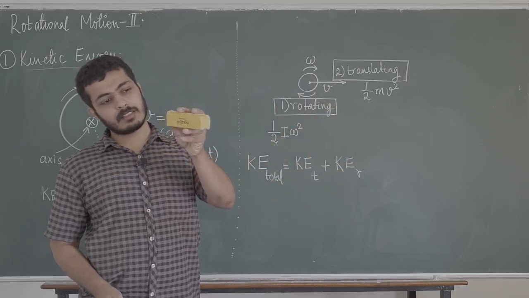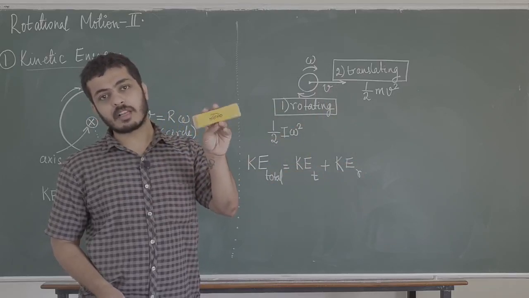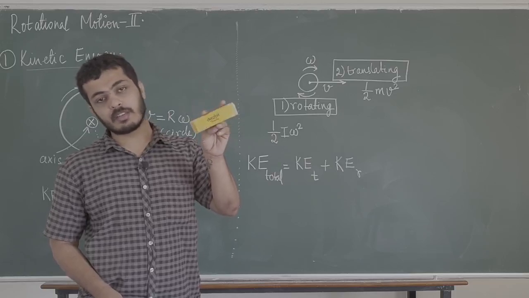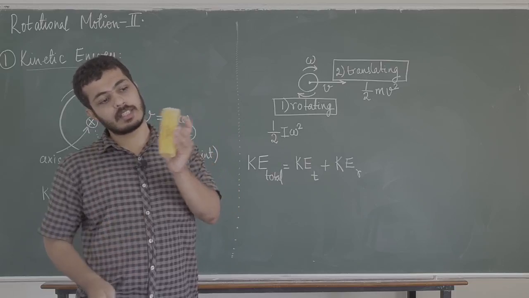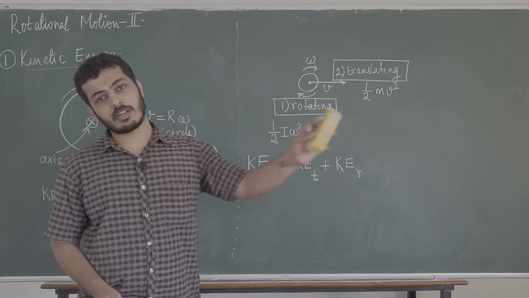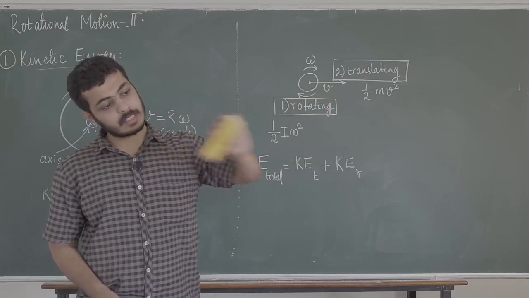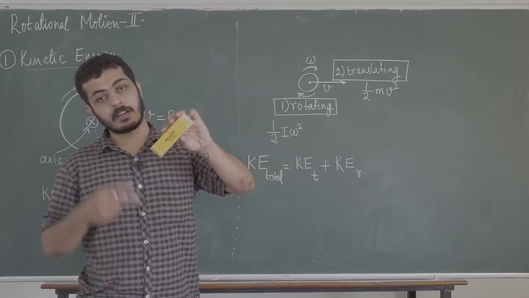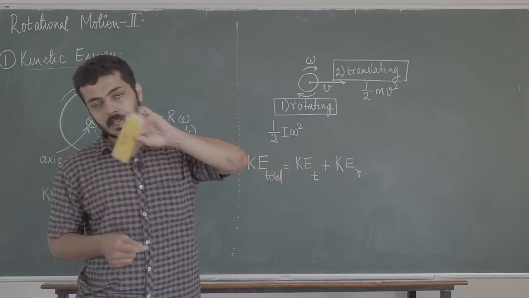But if I take this duster at one place and I start rotating it like this, that motion is rotation, because it is not going anywhere, it is still moving. That is rotational motion. Now you can do both at the same time. You can just move it and you can also keep rotating it. So this motion is rotation as well as translation. There are two kinetic energies. There is a kinetic energy of translation, straight line motion.